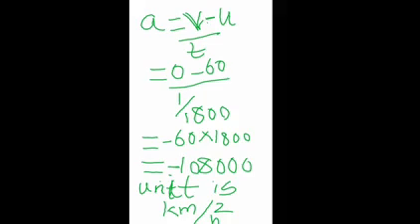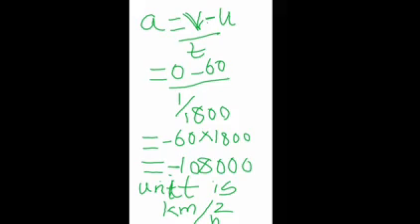So I am substituting it in the formula. The answer I am getting is minus 60 into 1800, because 1 by 1800, when we are bringing it up, it will come to the numerator. Now it is multiplied. That means 60 is multiplied with 1800. The answer you are getting is 1080000. Okay dear ones, so now you have calculated the acceleration.